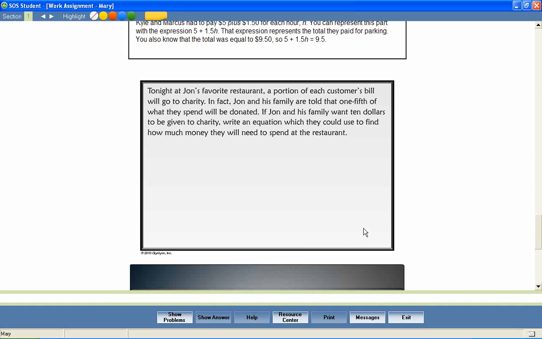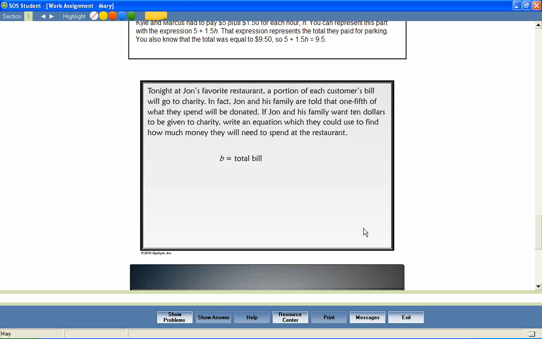Let's start by determining what is unknown and should be represented by a variable. We don't know how much money John and his family should spend at the restaurant tonight, so let's choose the variable b to represent their total bill. We do know from the problem that 1/5 of the total bill, or 1/5 of b, will be given to